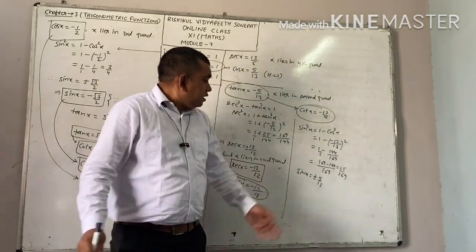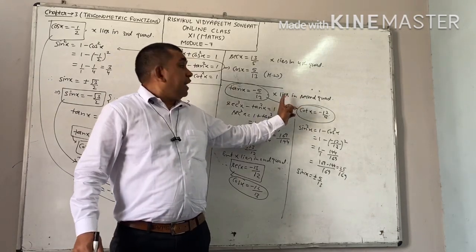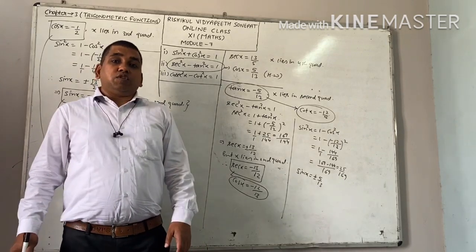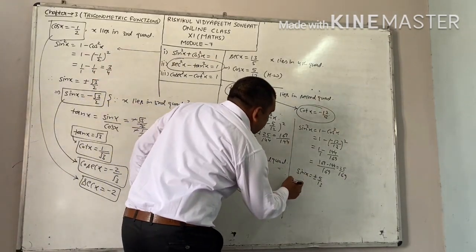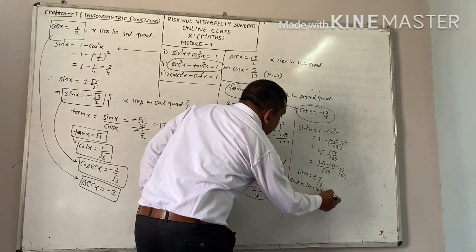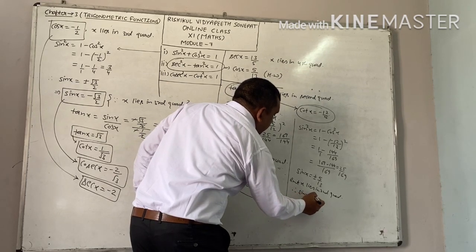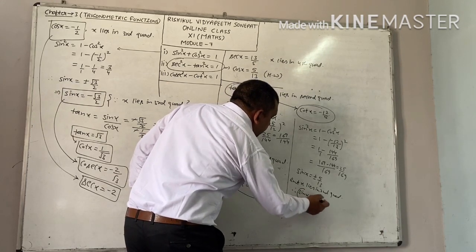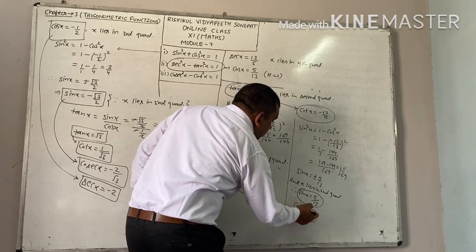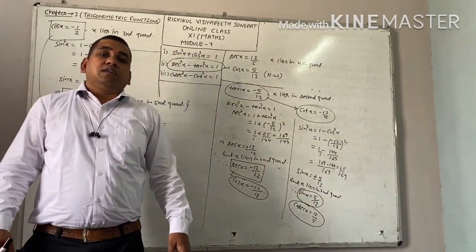You are having two values here, but you will take only one, and that will be according to the quadrant. X lies in the second quadrant, and we know very well that in the second quadrant sin x is positive. You will write like this, but x lies in the second quadrant. Therefore, sin x equals 5 by 13. And from sin x, we can easily write down the value of cosecant x, and this is your 13 by 5. In this way, we can do this topic. Thank you very much.